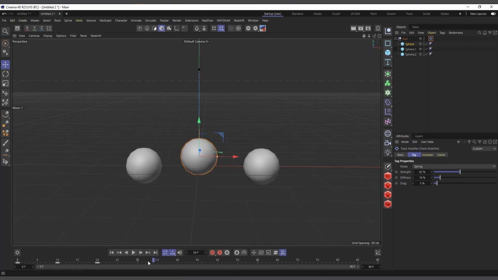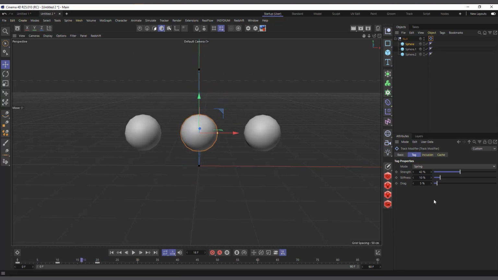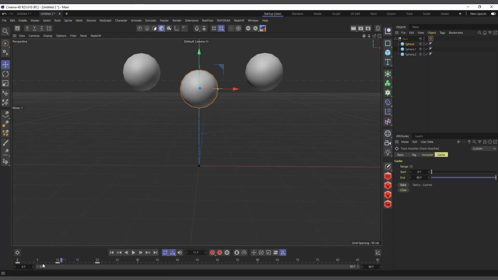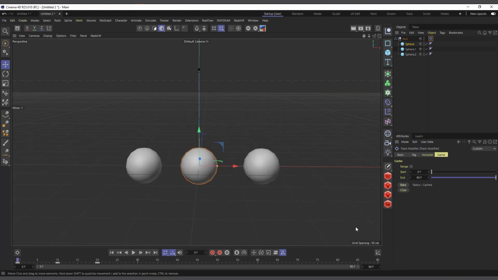So if you are scrubbing through the timeline, you might not get the effect the way you sometimes want it. It will be best if you want to use the playhead, moving back and forth, to get the accurate animation. In that case, you might want to cache it, and if you want to cache it, you have to come in here and make sure you bake it so that everything will be stored. All right, and now if you scrub through, everything should give you the accurate representation of the animation.